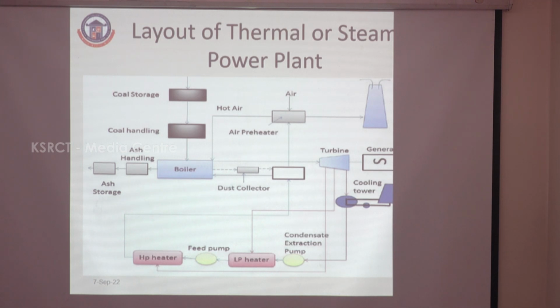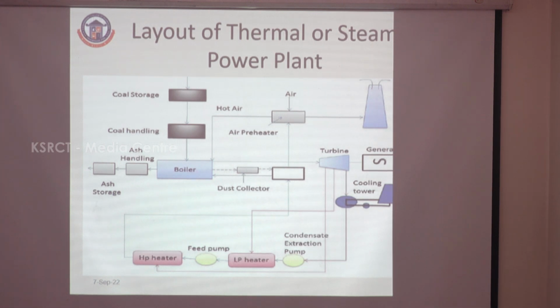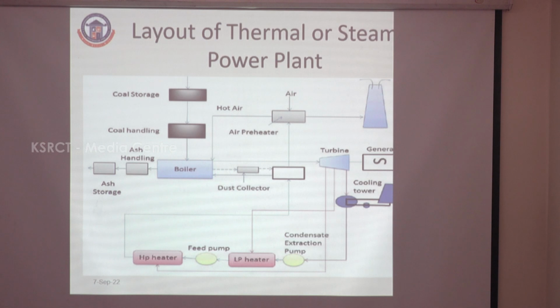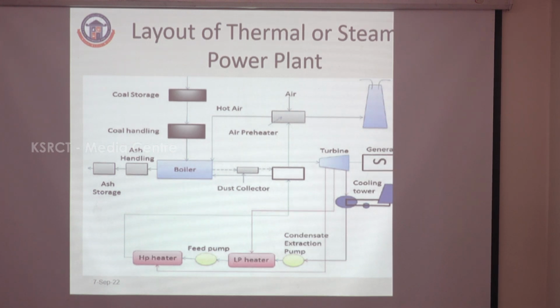The purpose of the economizer is to preheat the water before entering the boiler drum, so automatically the efficiency of the boiler will be improved. Now I have explained about the air and air circuits. The atmospheric air is preheated with the help of the air preheater and then sent into the boiler. Then I am explaining about